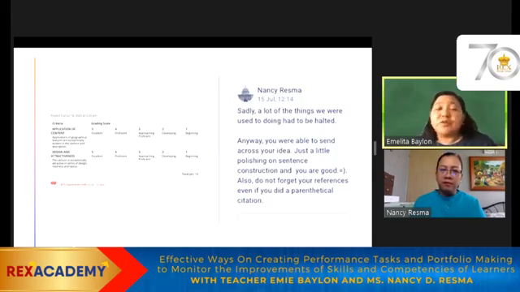The transition wasn't really difficult because, again, we have a team that's very collaborative and very accepting, because we feel that the environment is really safe and secure. So I always want to emphasize that a safe and secure environment is not only for your students, it's also for you teachers, right? Because the kind of work that you render would also depend on the kind of learning environment that you're working in, right, Miss Nancy?